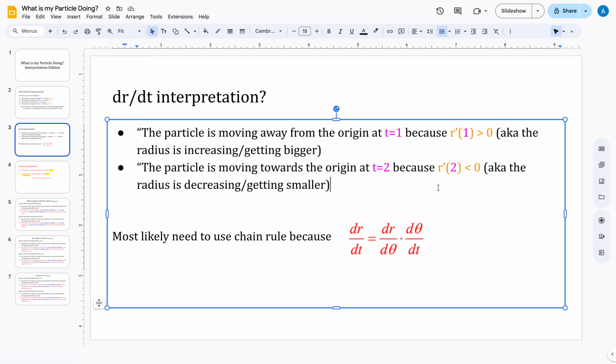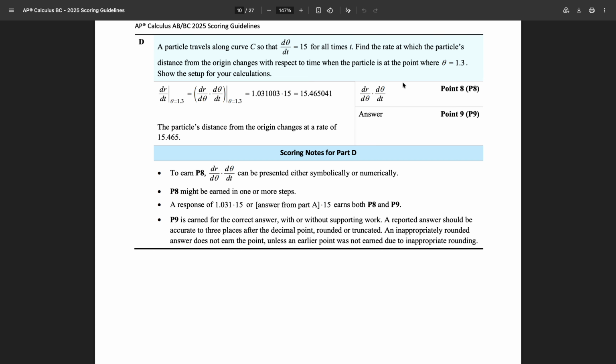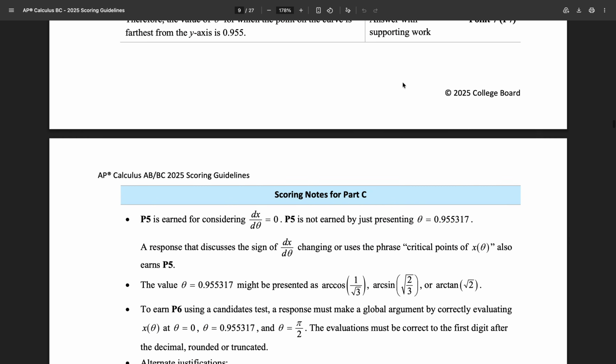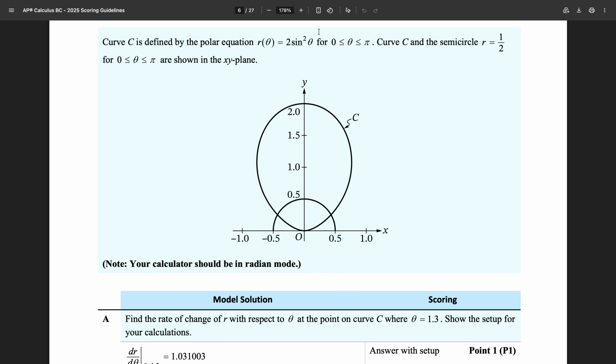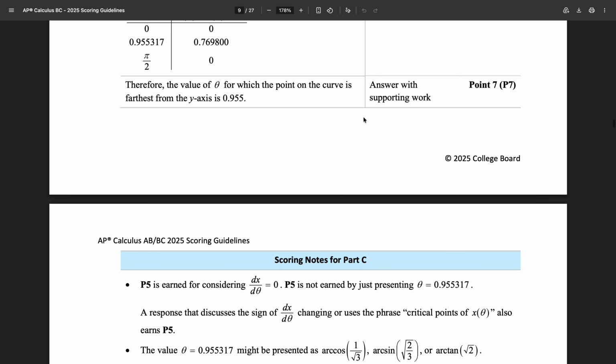You'll most likely need to use the chain rule unless they give you the derivative with respect to t already, but most likely they won't, so you'll just have to do dr/d theta times d theta/dt, which is part of 2025 BC2 Part D. So I'm not going to do all of this. We'll probably do it in class together, but we had this little thing right here. So we had r of theta is equal to 2 sine squared theta. So notice how this was not given in terms of t, right? But in part D,